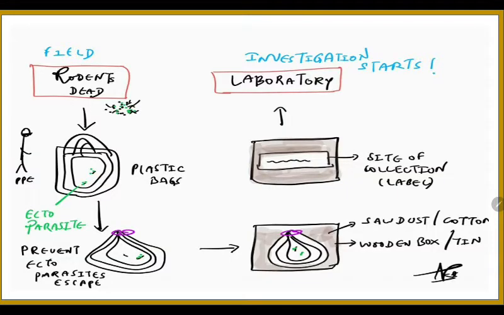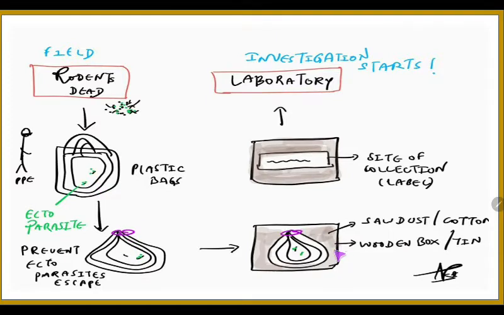Now coming to investigation in rodent plague. If at all there is a suspected rodent plague, if someone is saying there's a group of rodents dying in that field, the investigator should go to that field with all personal protective equipment, take the rodent, whatever stage it is, either fresh, newly dead or decomposed, and put it into a plastic bag, making sure several plastic bags are put together. It should be done immediately because if the rodent dies, the ectoparasite we are speaking about, the rat flea, will fly out. So before that, we'll have to take that dead rodent, put it into a cover and tie it.